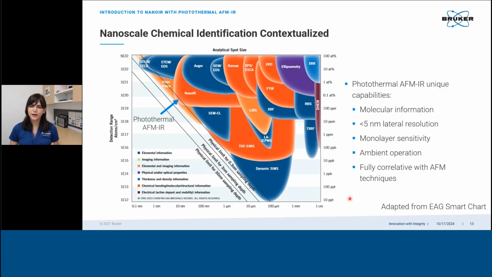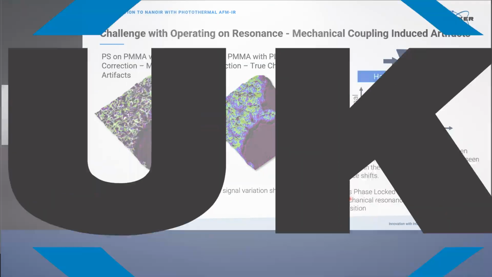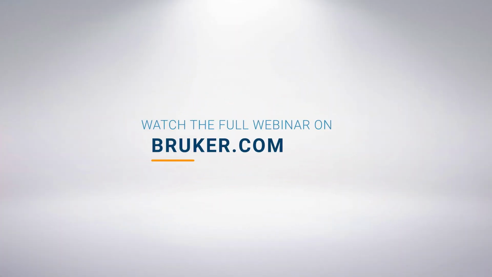That said, there are some considerations to take in when we use the AFM probe as a cantilever. As I said, we're using the resonance of the cantilever to enhance the signal so that we can detect down to 1 nanometer thick or smaller materials where we're detecting single bond radii and vibration. And what that means is you need to be mindful of changes in the cantilever resonance frequency. And so the example I have here in the top right is just when you move from a hard material to a soft material,